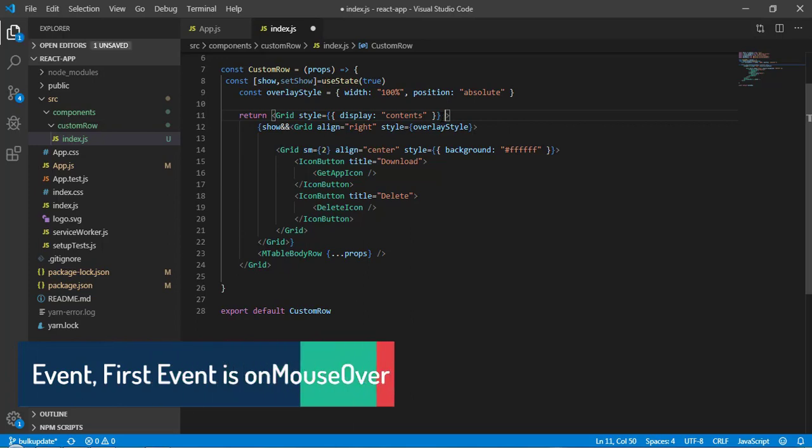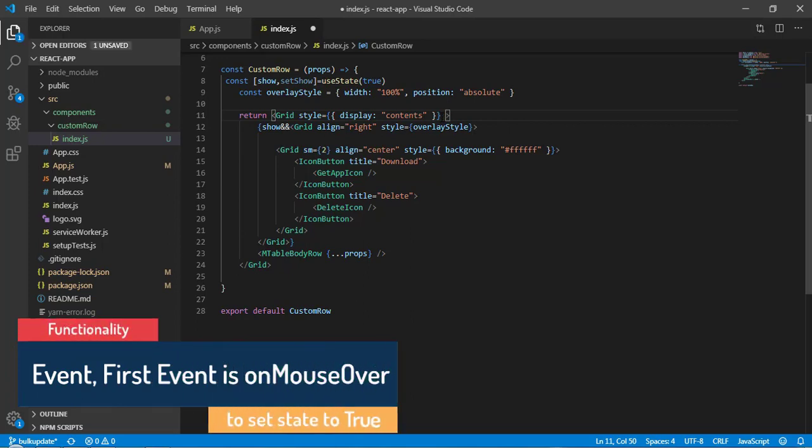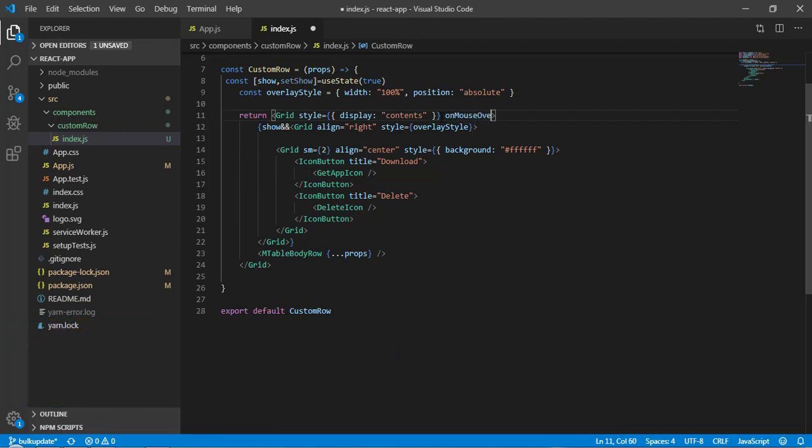The first property I will call here onMouseOver, and this is the event. Once I take my mouse onto the row, this event is going to get triggered. Okay, so let me show you. Here this is the function, and I will call console.log mouse over.